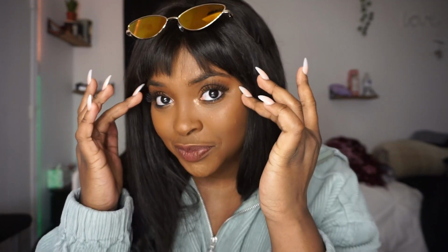Hair. I think it looks pretty fucking live. Now,